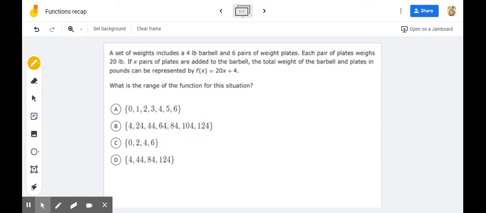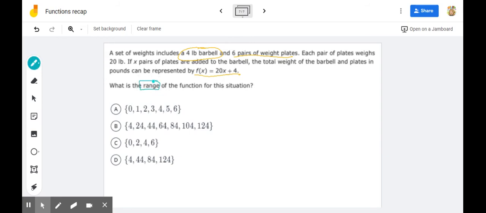Last but not least, we'll talk about a set of weights. They have a 1-pound barbell, and you can add on 6 pair of weight plates. This is like bench pressing. Each pair of weights is 20 pounds. And so we're taking a look here. You can get the total weight of the barbell with those if we use this function of f. And they're asking you, what is the